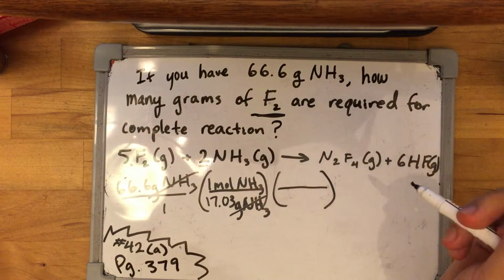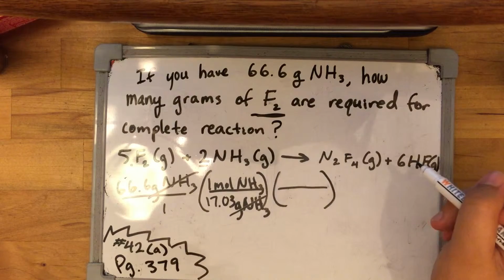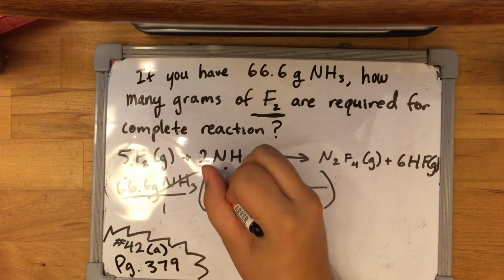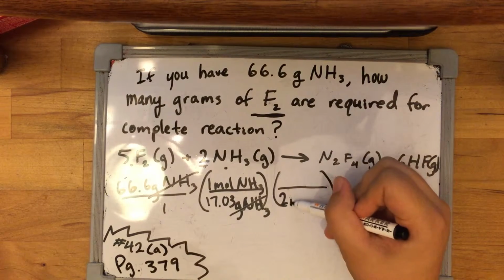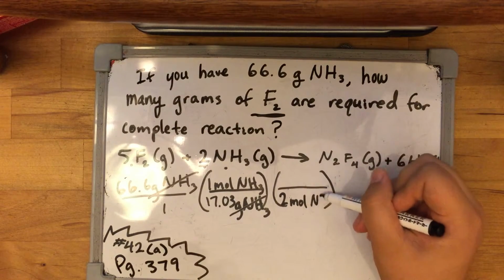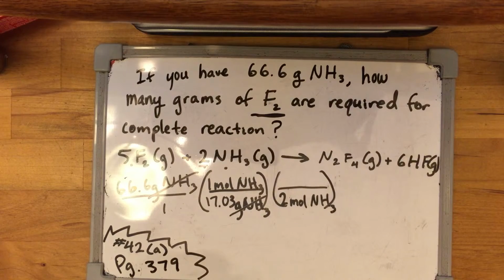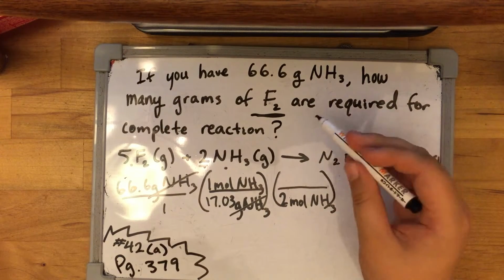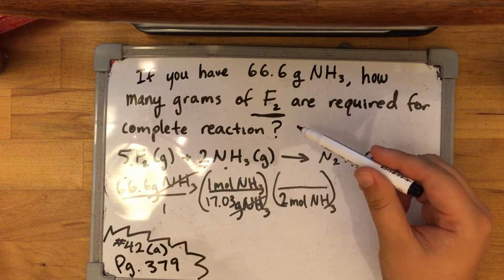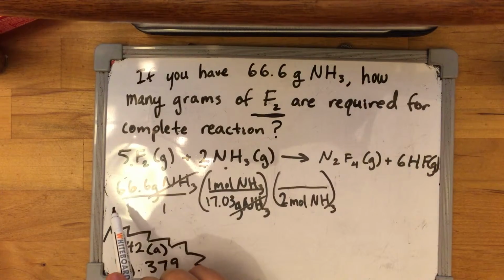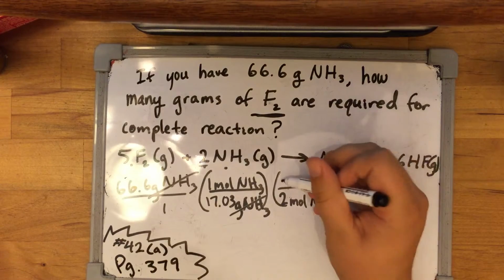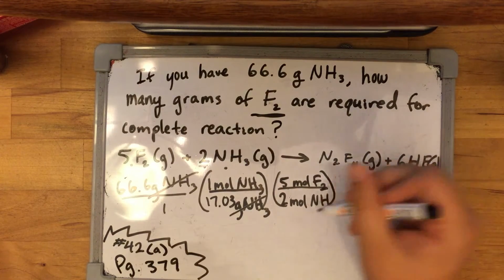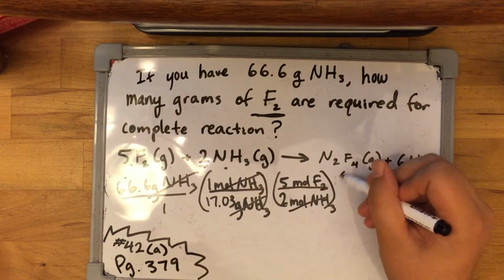Now with the mole ratio, we have to find NH3 in the balanced equation. NH3 right here, and it's 2, so this would be 2 moles of NH3. And now we're looking for F2, so we have to find the moles of F2. If you go over here, it's 5, so it would be 5 moles of F2. These cancel out, and for the last step,